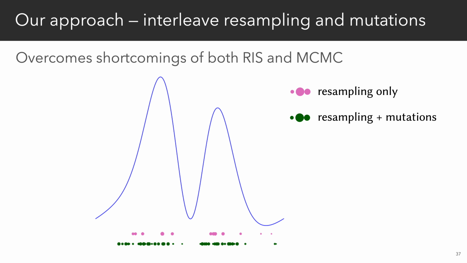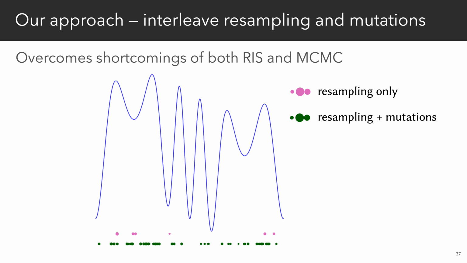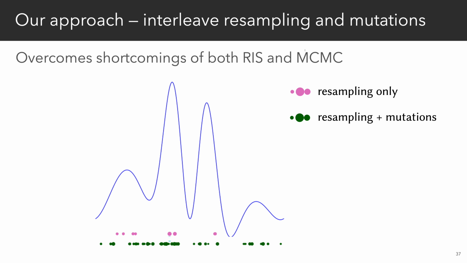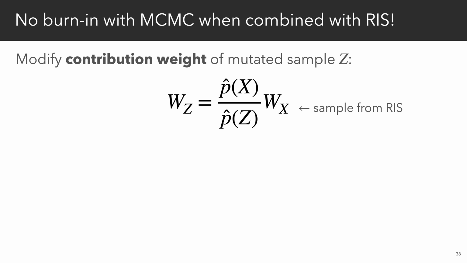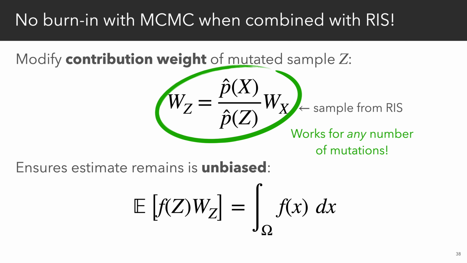In this 1D example, we use MCMC to randomly perturb samples selected by resampling every frame, using the same target function as RIS for our mutations. Moreover, we avoid any burn-in period with MCMC by appropriately modifying the contribution weight W of the mutated sample C. The expected value of this modified contribution weight times the integrand F then gives us the correct result. This formula also works irrespective of the number of mutations we apply at any pixel, so it could be 0,